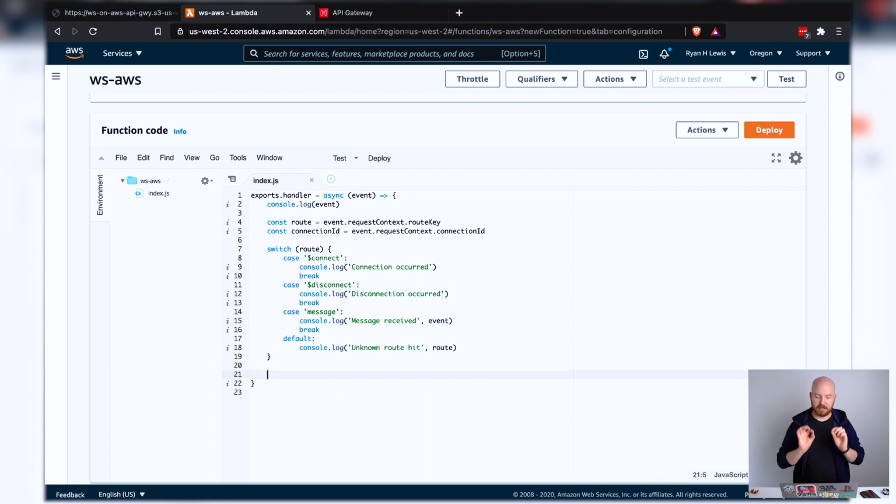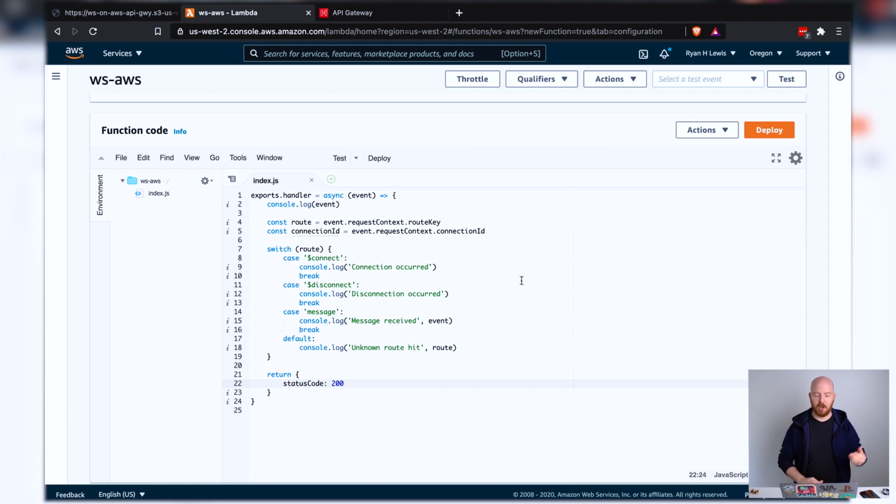Now there's an important thing about this Lambda. For the WebSocket connection to really work, you need to be responding with an HTTP type object. So we'll just return a static 200 here. We'll basically say, no matter what, that everything worked okay. When there are errors and things like that, we can handle that in other ways. But for our purposes, we'll say, hey, status code 200, everything's cool.